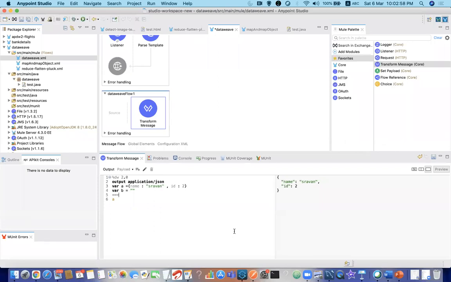Like whatever we are mentioning in the body of the DataWeave. So how is the Java class taking it? Is that why we are writing these lines, or is it something with a different meaning? I'm not sure if I really understood the question. Shravan, do you want to try?